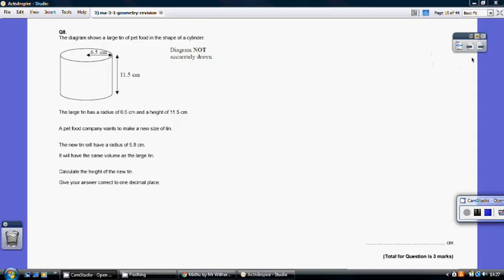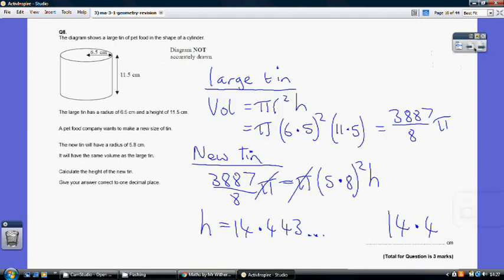Question 8. So let's start off by just working out the volume of the original large tin. So volume of a prism is area of the cross section, which is a circle here, pi r squared, multiplied by the height of the cylinder. So pi r squared h. So pi times 6.5 squared times an h of 11.5 gives me a volume of the large tin of 3887